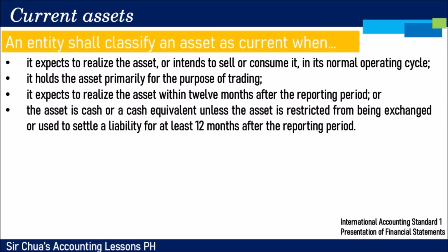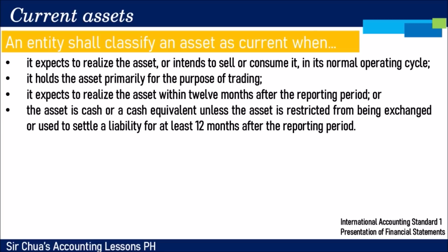Okay? So when we say normal operating cycle, it's the normal business operations. Usually, the normal operating cycle of a company is 12 months, 1 year. Pero may mga companies or industries tayo na longer than 12 months yung normal operating cycle. So, ang ginamit sa accounting standard na word is normal operating cycle, hindi 12 months. So, whichever is longer na lang. 12 months o kung ang normal operating cycle mo ay mas mahaba, o edi dun ka sa mas mahabang time